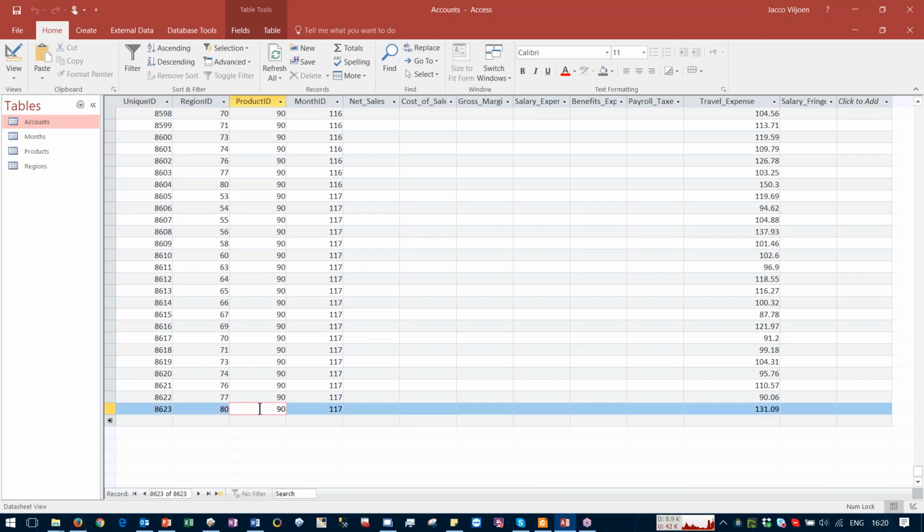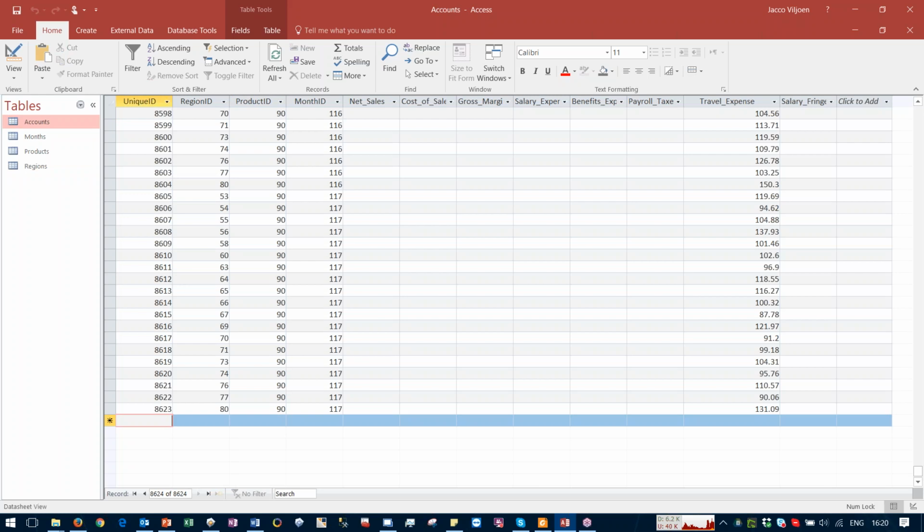That's laser printers number 90. So we're going to type in 8624 and just keep the same members. Product ID 90, month ID 117, and the value that we're going to put in is, let's do 2 million